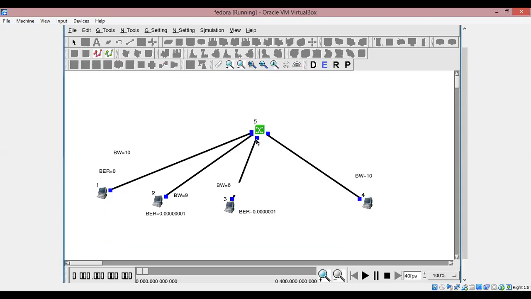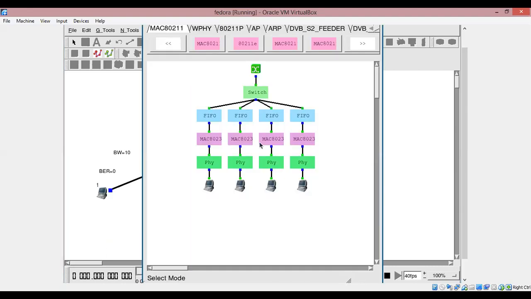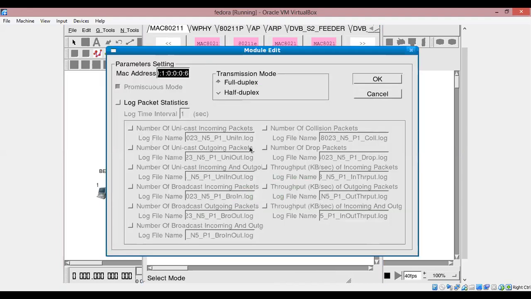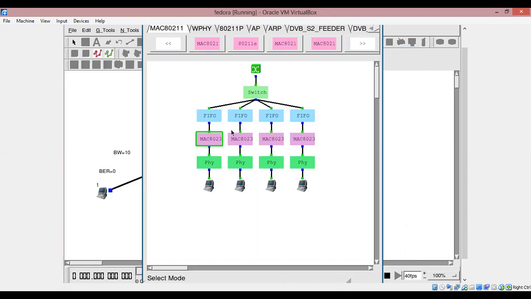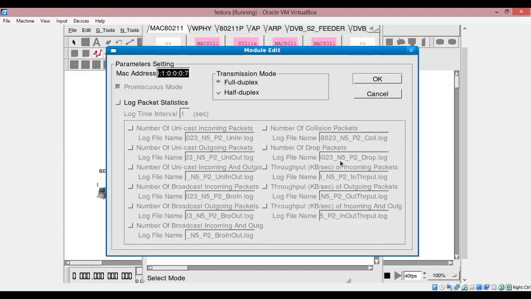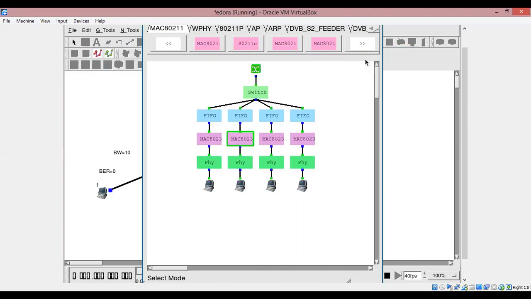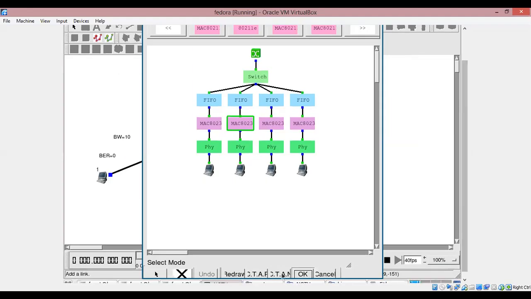Okay, now if you want to change specifically in the switch, you can go to node editor, and then if you see this, in the switch you have switches connected to 4 hosts, right? 3 senders and receivers. So if you open this Mac, you'll see N5 P1. So N5 is switch, P1 would be sender 1. Understood? Like that. So if you want to see these log files, you can take that also. Here, if you open this, this will be N5 P2. Okay, sender 2. So if you want to change the bandwidths there, you can change like that also.